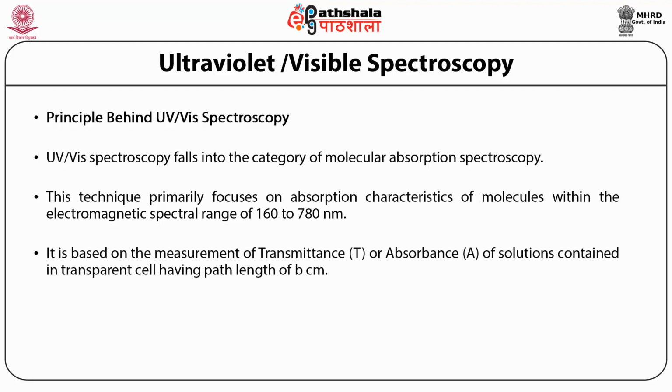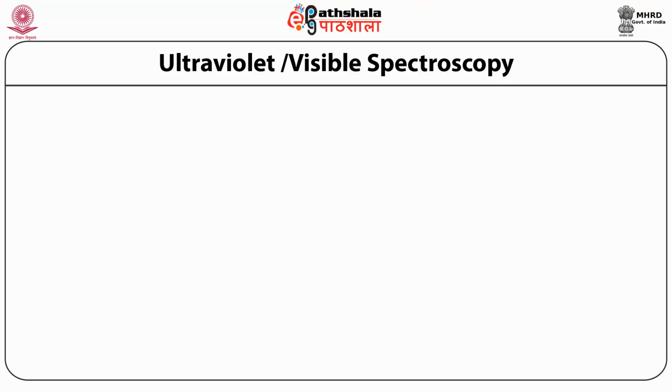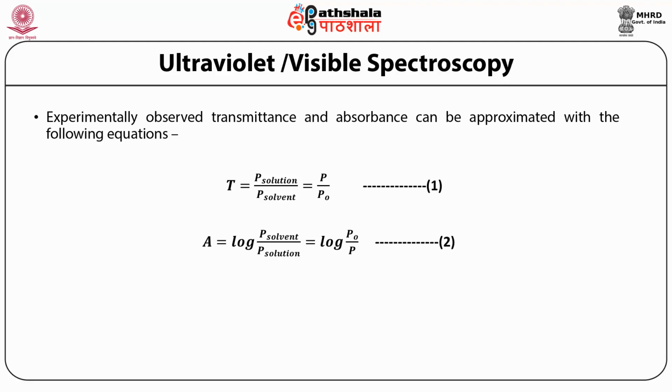It is based on the measurement of transmittance or absorbance A of solutions contained in a transparent cell having path length of b centimeter. The concentration of an absorbing analyte is linearly related to the absorbance. Experimentally observed transmittance and absorbance can be approximated with the following equations. T equals P solution divided by P solvent, which is equal to P by P naught. This is equation 1. A, that is absorbance, equals log of P solvent divided by P solution,